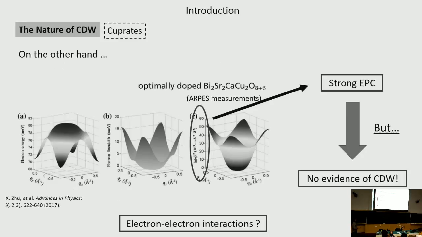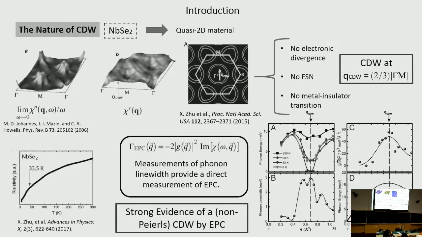The point here in this quasi-2D material is that, based on some phonon line width measurements, they can directly measure the electron-phonon coupling, and the fact that the electron-phonon coupling is very high exactly for the same wave vector as the charge density wave, people believe that this should be the